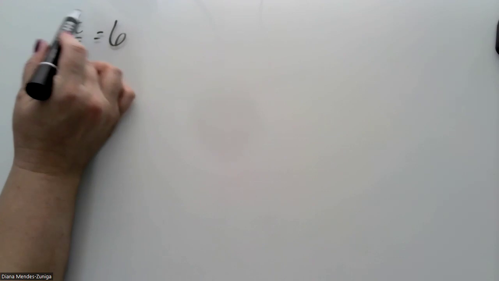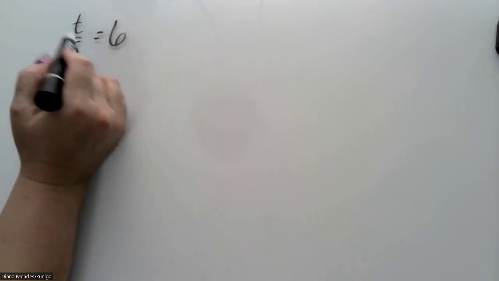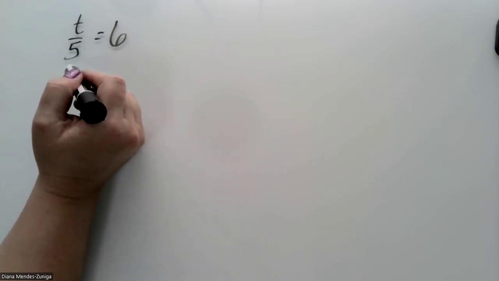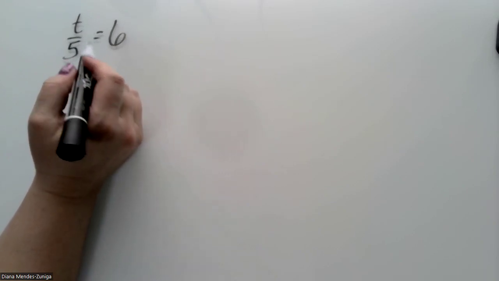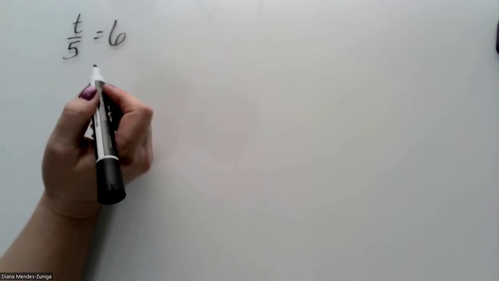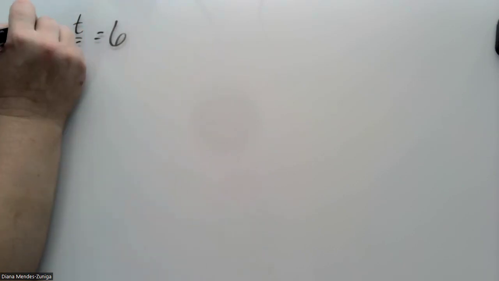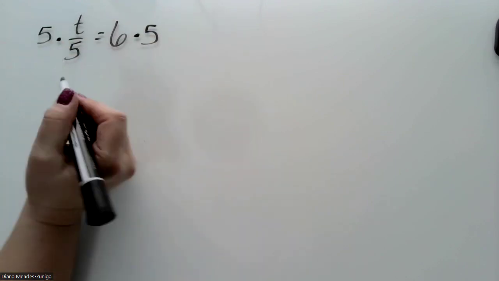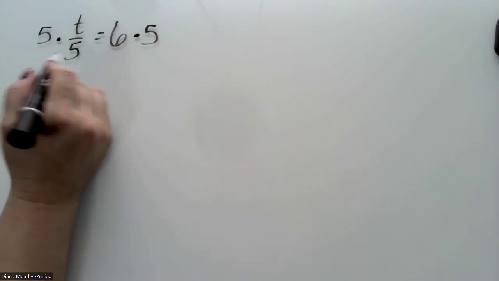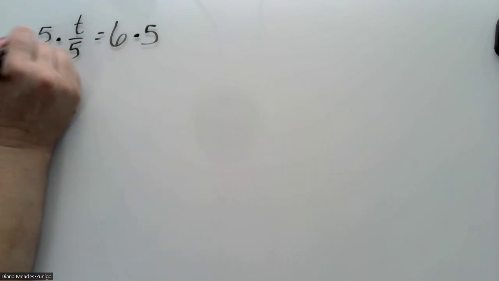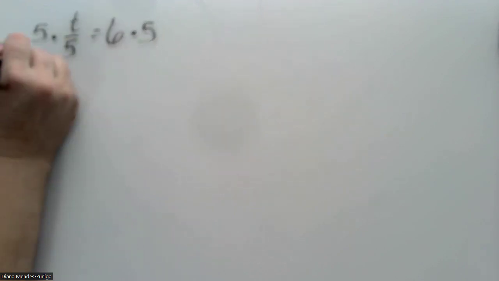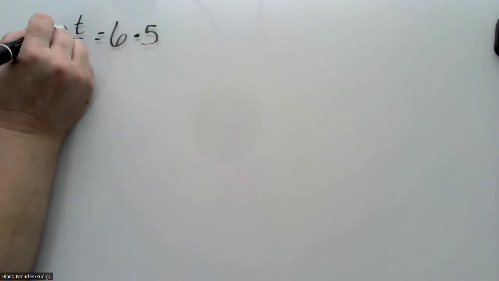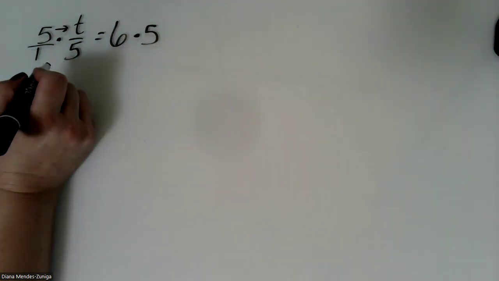Since our goal is to get this t by itself on one side of the equal sign, we need to get rid of this 5. So a way that we're going to do that is we are going to multiply both sides by 5. Now how does multiplying by 5 get rid of the 5 here? Whenever we have a whole number, we change it to a fraction by putting it over 1. So now when we multiply straight across, 5 multiplied by t,